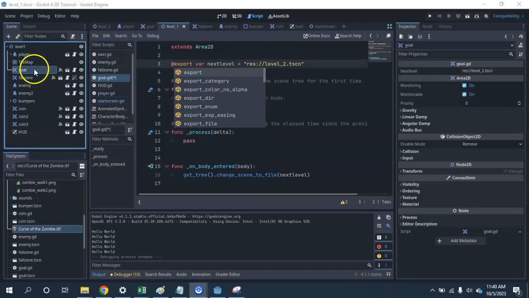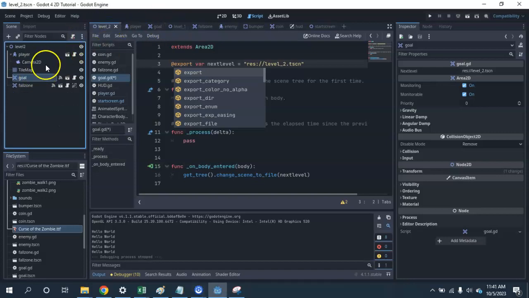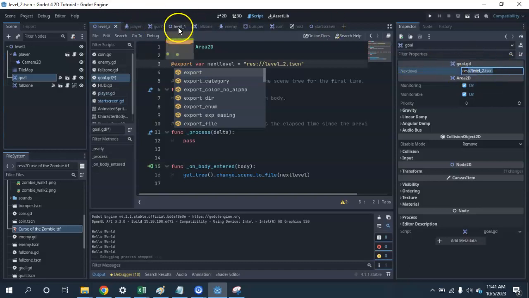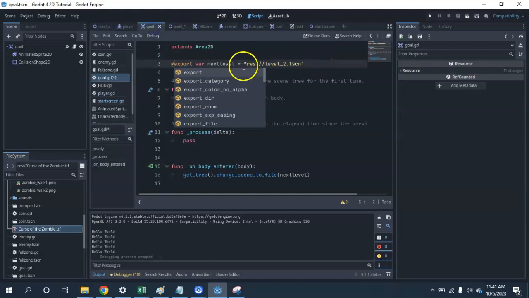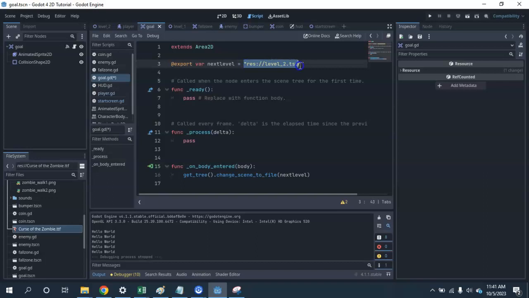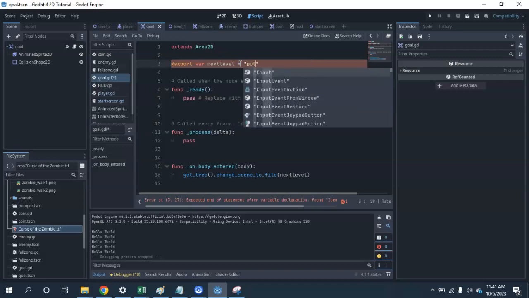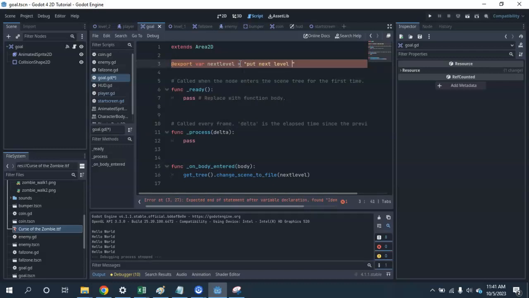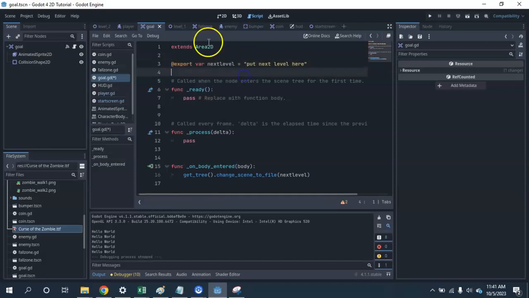And remember that this goal is different than this goal. So all I have to do is to be able to change this to the level I want to move to. I'm going to go back to my goal here and do a couple extra things. First of all, I don't have to say level 2. I can just put next level here. And if I save that,